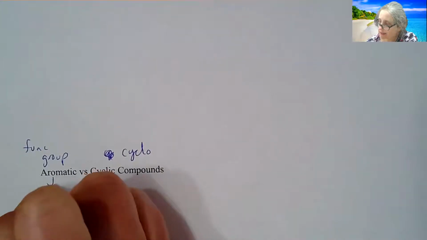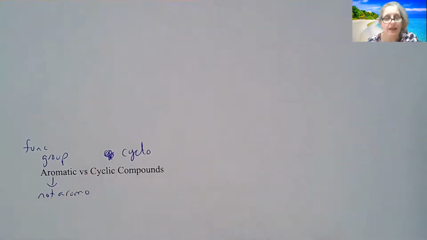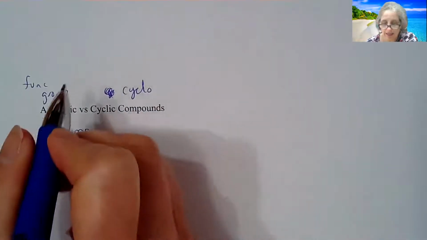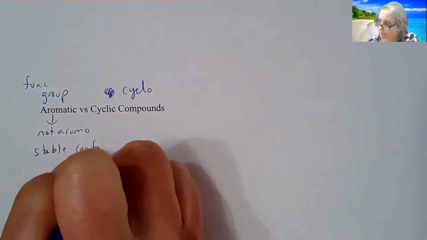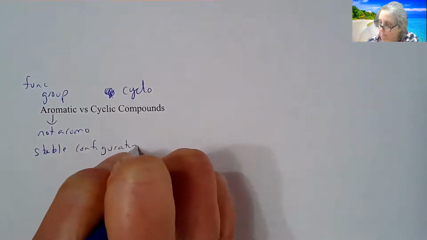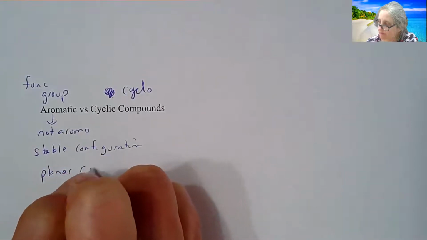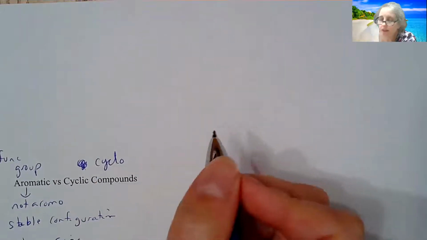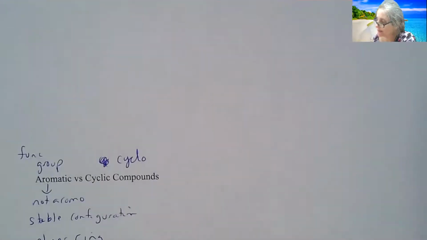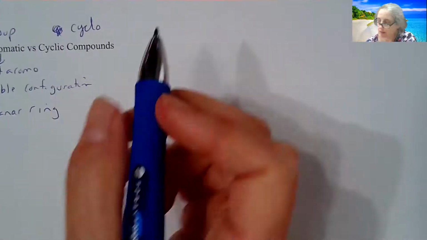So aromatics does not mean aroma, so it doesn't mean something that has a smell to it. Instead, it means it is a stable configuration. It's in what we call a planar ring. So it's a flat ring. So if I look at 2 compounds, or 2 different systems,